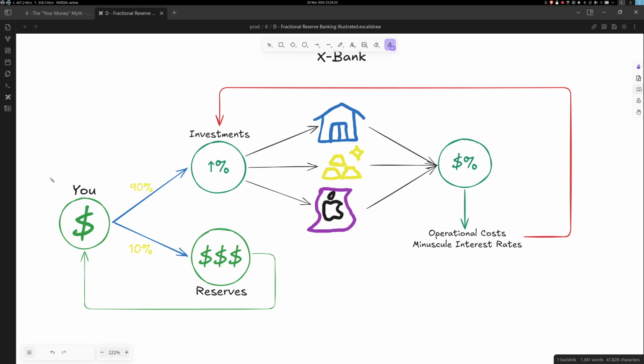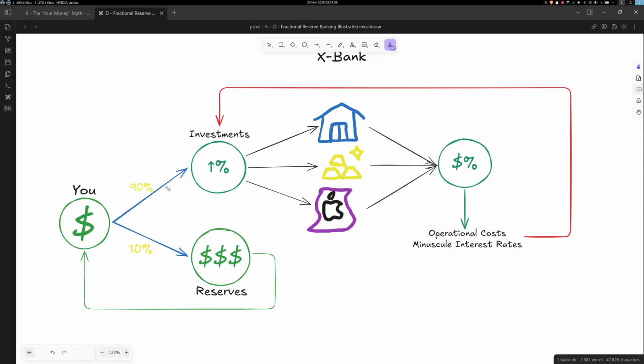So just say that you were out of the picture. Say your friend used the same bank. They deposited $1,000. Let's say that the bank uses 90% of it, so $900 for their private investments, and they use 10% of it and put it in reserve, so $100. So back to what you put in. As you can see, your $100 goes up here, turns into $90 to investments.